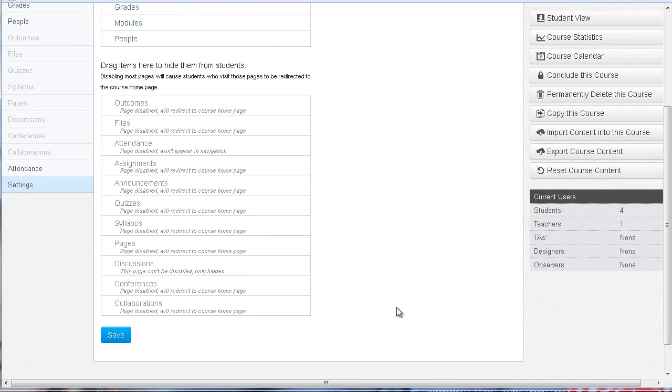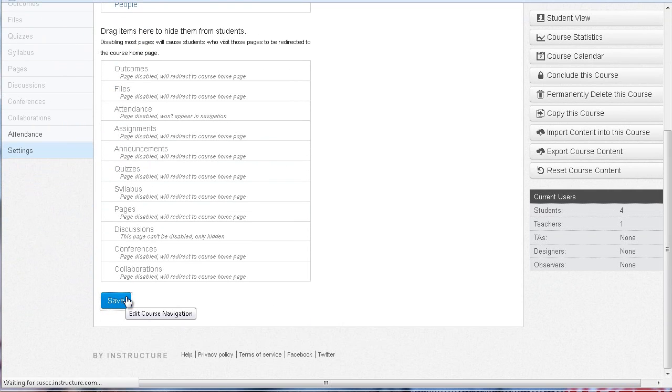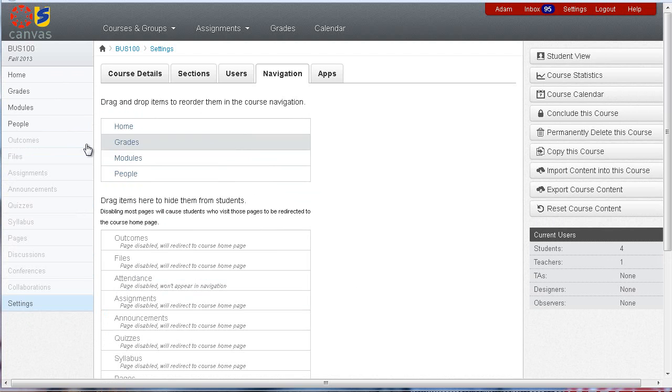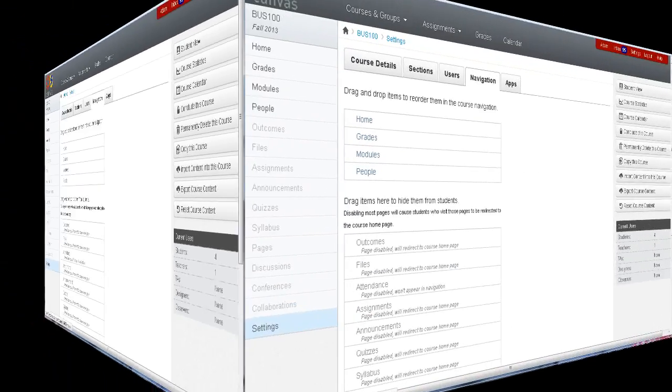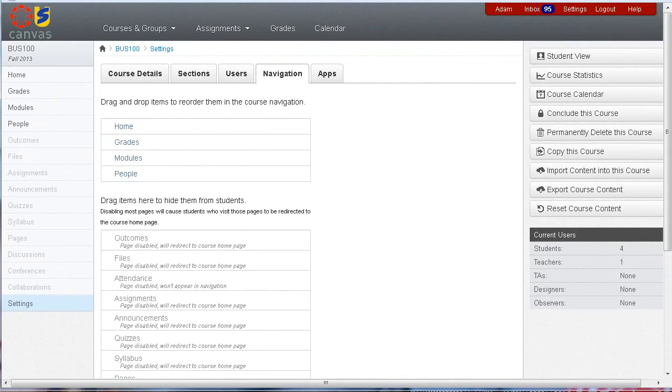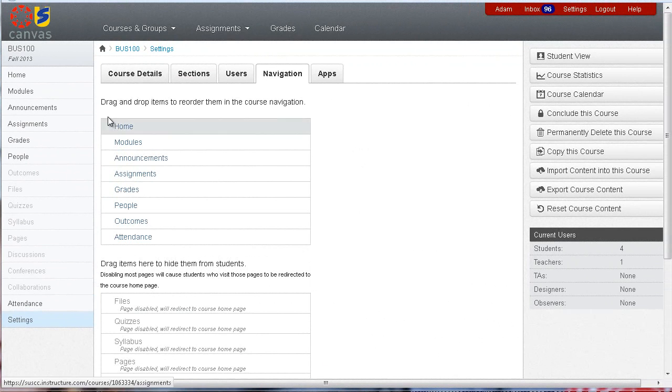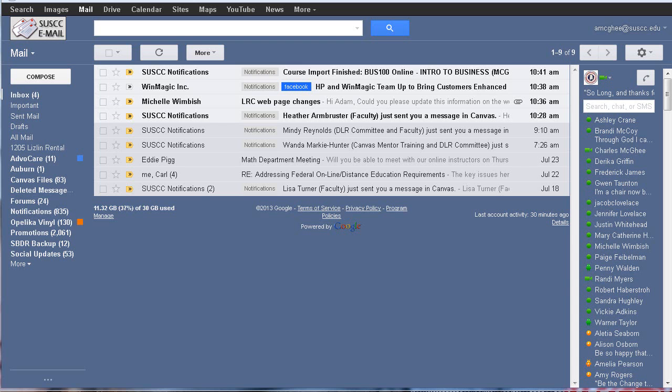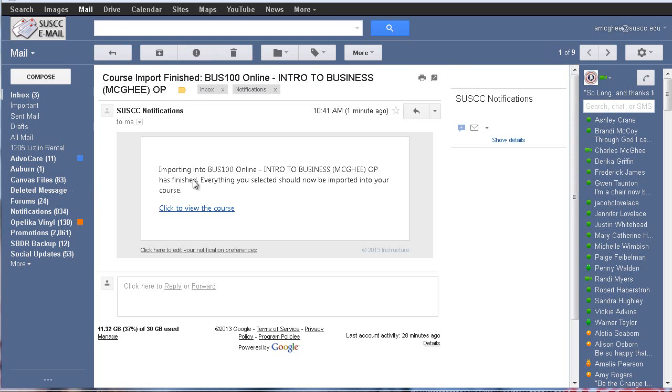And then be sure to save any changes that you make. And we can do all of this while it is importing the content from that other file, and it should send us an email when it's done, so we'll just wait on that. Okay, so it has been some time, and I have just gotten the email here saying that my course import has finished, so I can click the link in the email, and hopefully